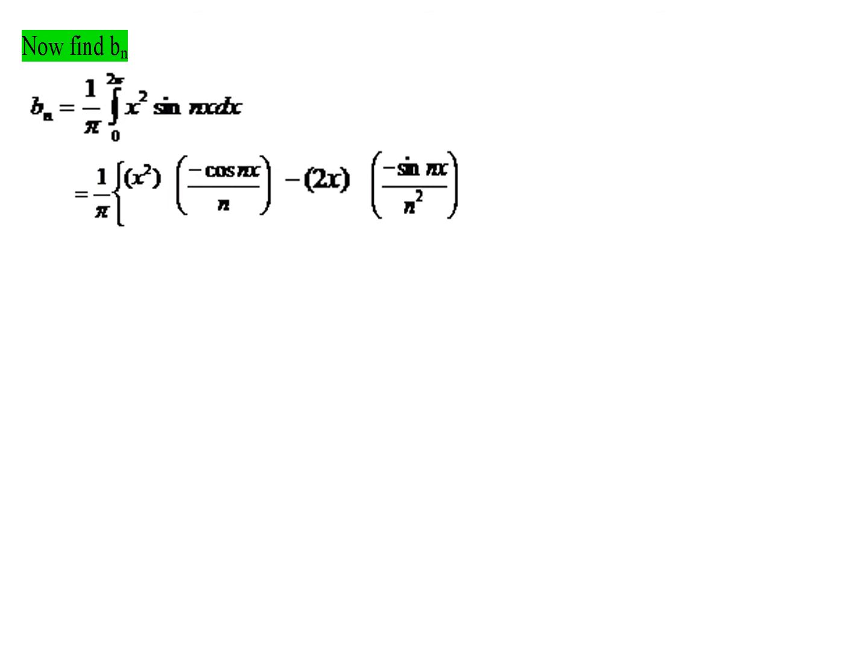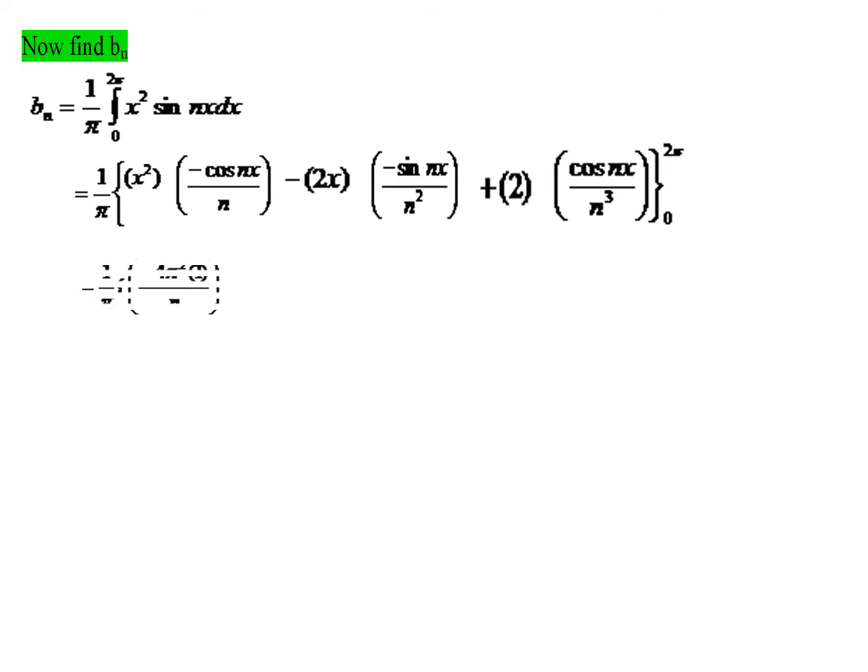Now again, plus, differentiate the first. What is the first term now? 2x. So when we differentiate, what do we get? 2. Into integrate the second. What is the second term now? Minus sin nx by n squared. See, actually you have to select the first term and the second term from the latest one, not from the previous step. So now the second term is minus sin nx by n squared. When we integrate, we get cos nx by n cube, because sine, when we integrate, we get minus cosine. So already minus is there, so minus cos we will get. So we get cos nx divided by, again n will come. So that's why we have n cube in the denominator, from 0 to 2 pi.